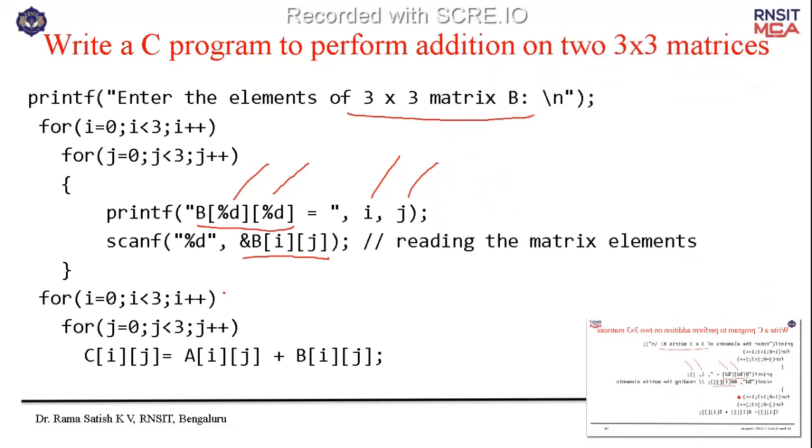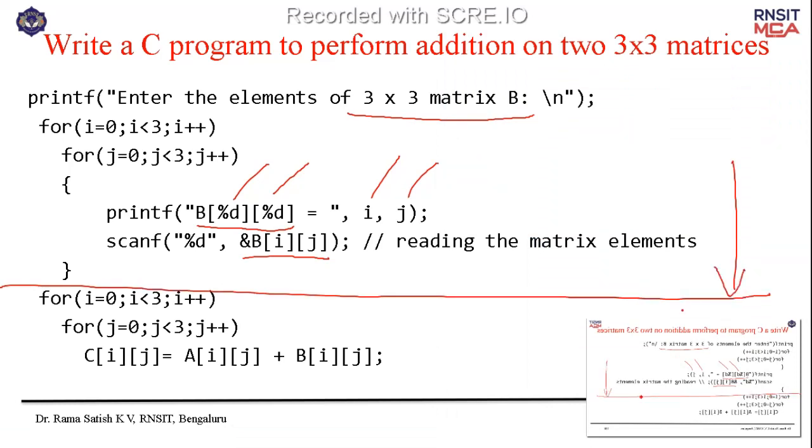Another for loop will start. So by this stage, matrix A and matrix B are taken as input. The contents of matrix A and matrix B are populated and it is ready. Now in this particular loop,